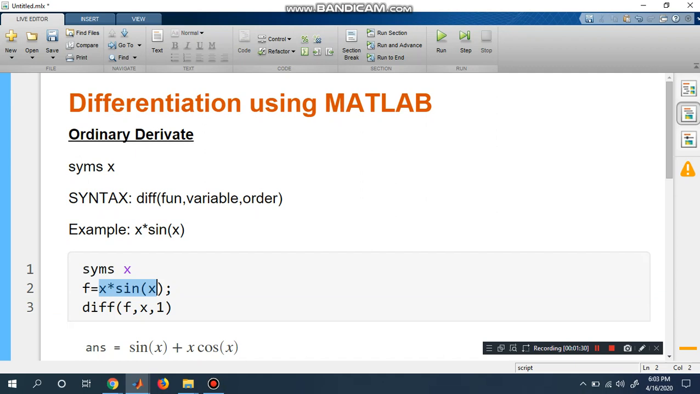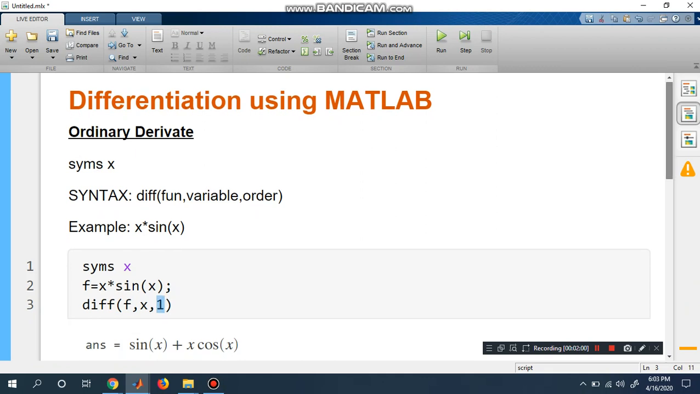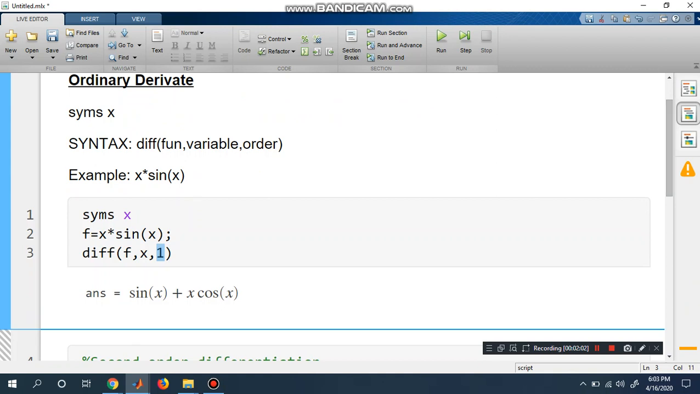Here, in place of f you can take anything, either y or u or z, whatever you would like to take. Now see, this is the main syntax. The syntax in MATLAB is always in small letters, so that's why diff. Now the function f is already defined as x into sin x. With respect to x we would like to differentiate, and this is 1. And see what the output is for this differentiation of f with respect to x: